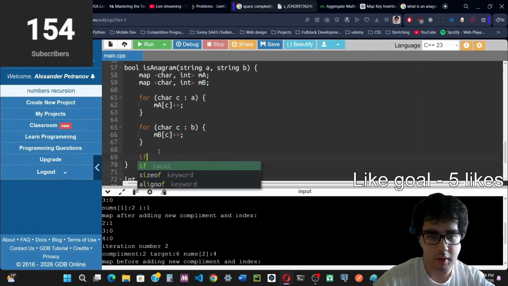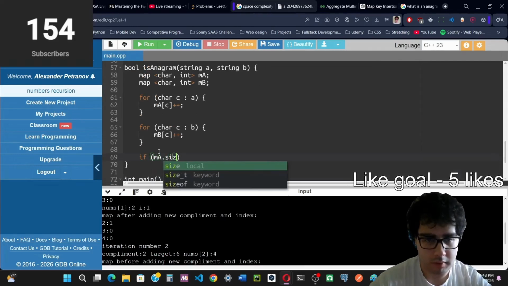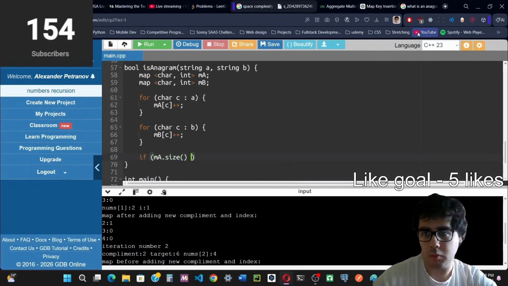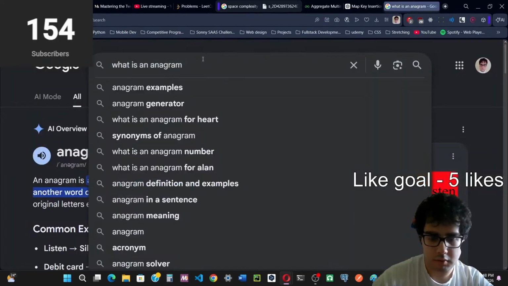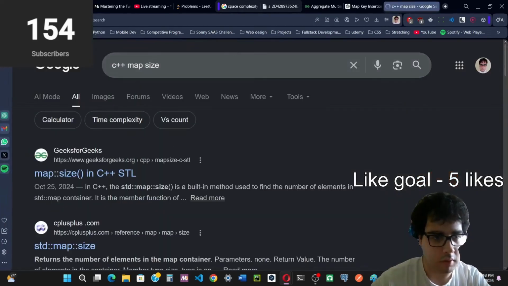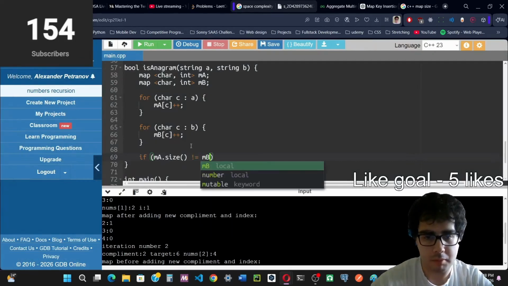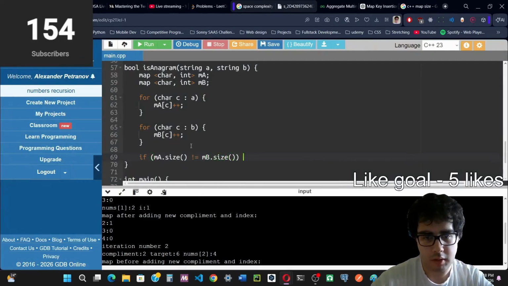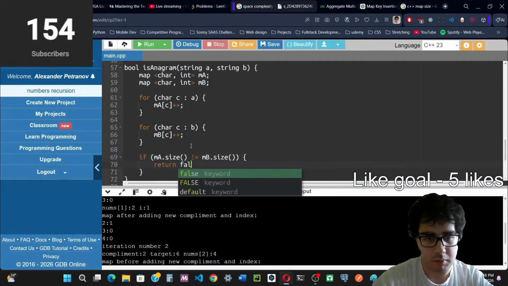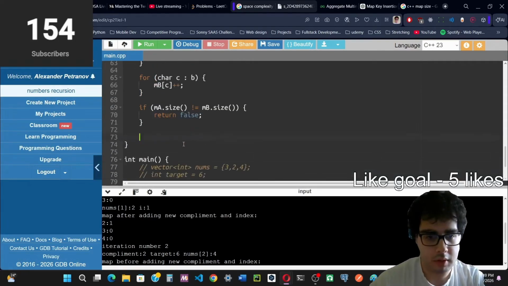So if m of a dot size, we can do that, right? Suppose put map size. Yeah, okay. So if it does not equal m of b dot size,